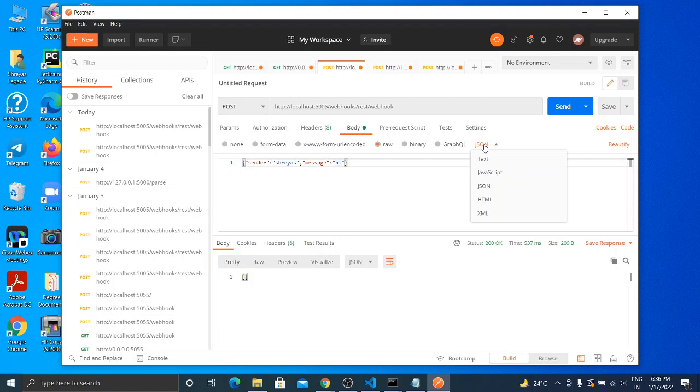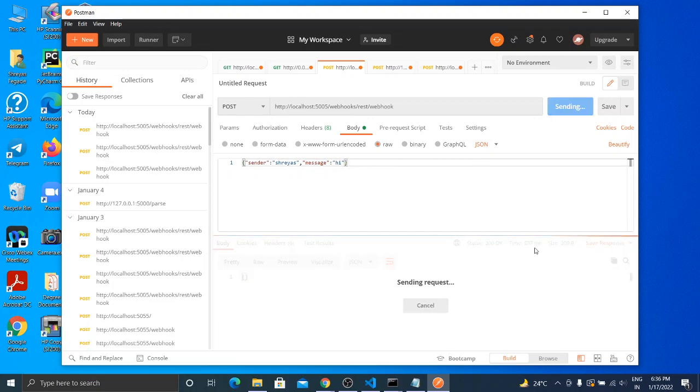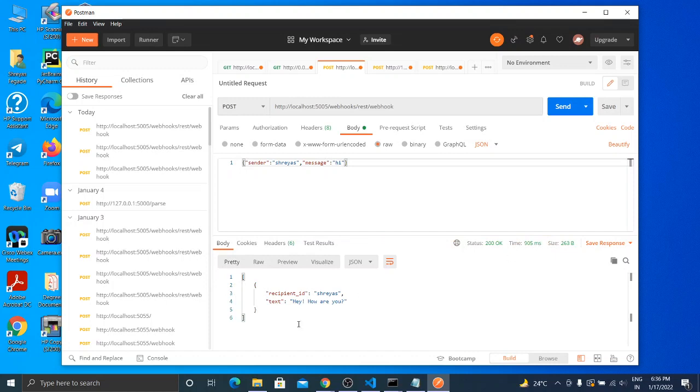Selecting the format as JSON, we will send a message in JSON format, like sender as your name and message as hi. Now send it. Okay, our chatbot responds with the recipient ID as our name and the text, hey, how are you? So this is how Rasa connects with the endpoint URL. This is our endpoint URL, also called the API for communication with our Rasa server.